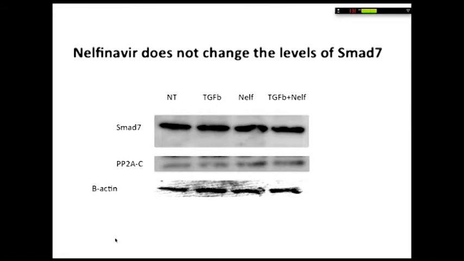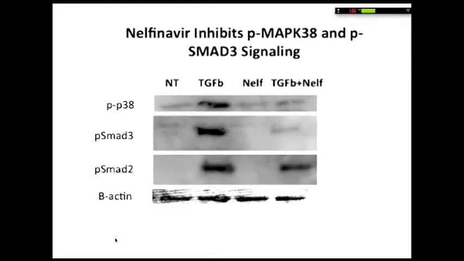We looked at what else could be involved or could be affected, and we found that SMAD7 really wasn't involved, because so many of these TGF-beta pathways were being involved, but at least not at the level of early on of SMAD7. There was maybe a slight increase, and this has been shown in the literature with cancer cells of PP2A being upregulated, and again, this is the phosphate off aspect of things. But in addition to that, oh boy, another one. P38, a MAP kinase, with the addition of Nelfinavir, it's being inhibited